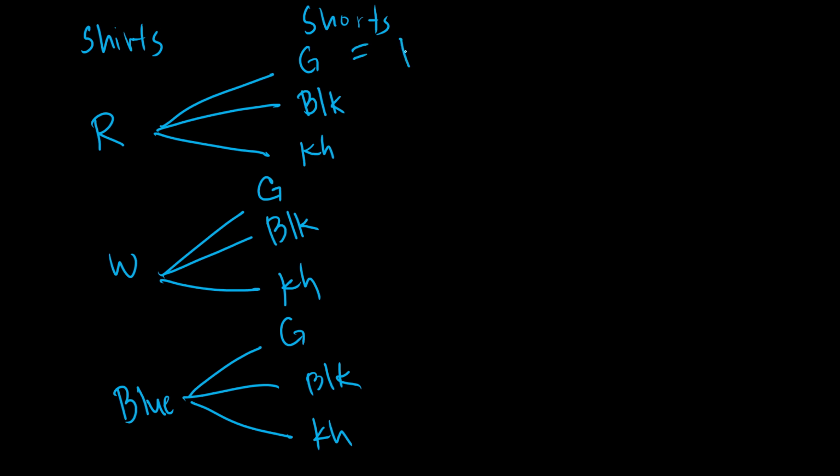So, meron tayong red shirt, green shorts. Red shirt, black shorts. Then, red shirt, khaki shorts, and so on so on. We will still arrive with the same 9 possible outfits na nandoon sa example natin kanina doon sa table